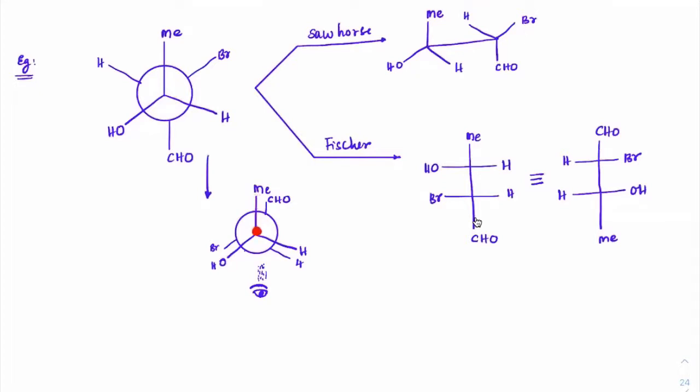According to Fischer projection, anything that is on the vertical line. How is this vertical line coming? See, here it is. Observe this carefully. First we have methyl, then a line which is connected to this carbon, the front carbon. I'll call it the F carbon. So this front carbon is here, and it is connected to a back carbon, which is connected to CHO. This is how it is. This is the back carbon. And on the front carbon, you can see that OH is going inside and this H is coming outside.